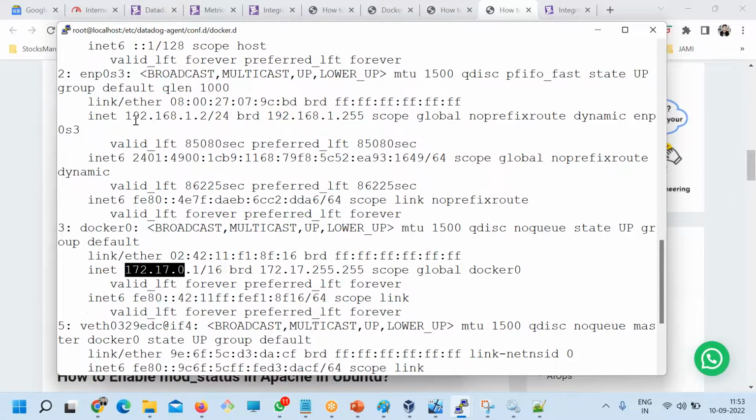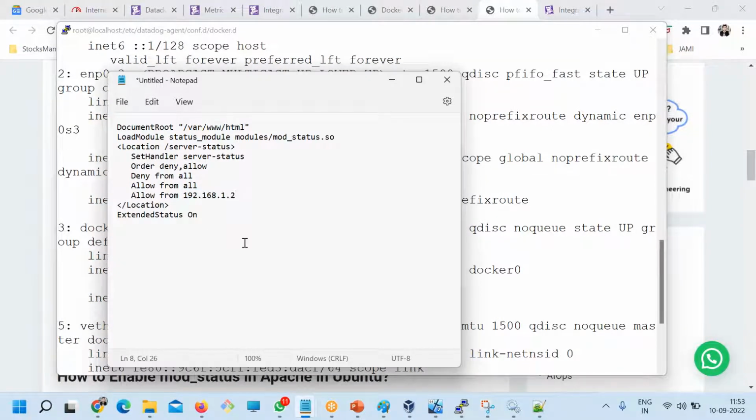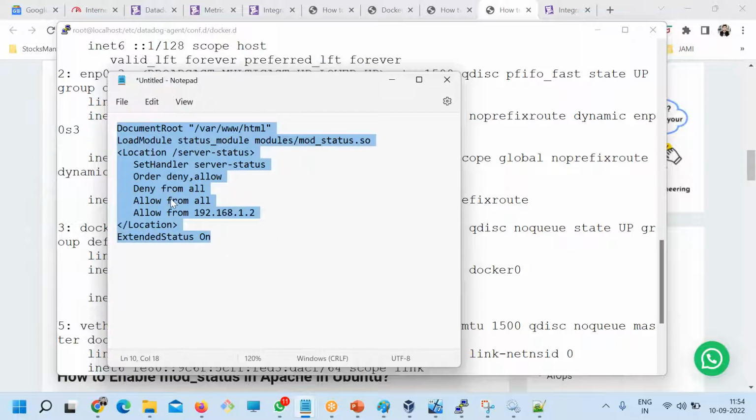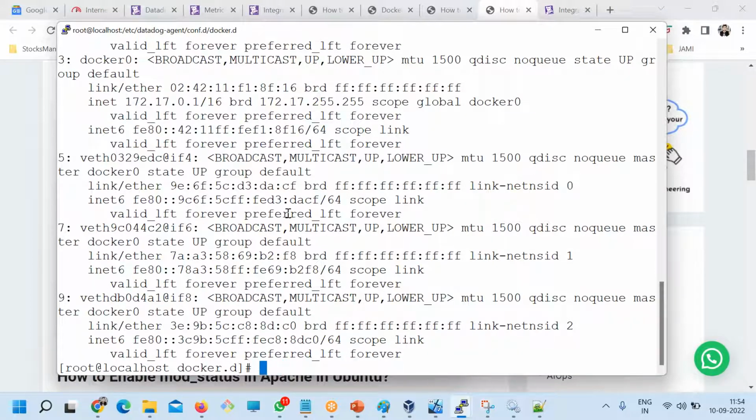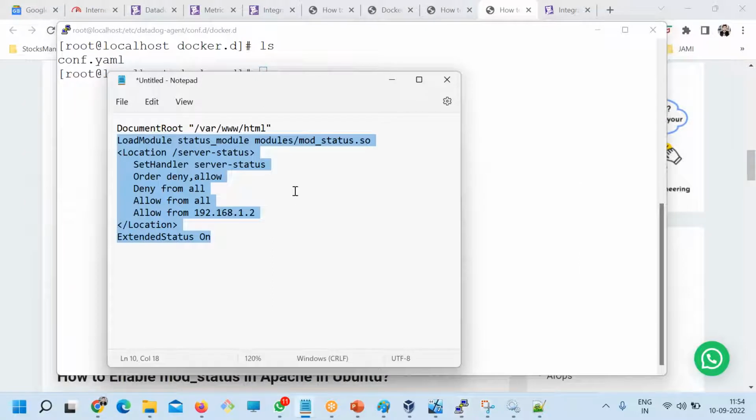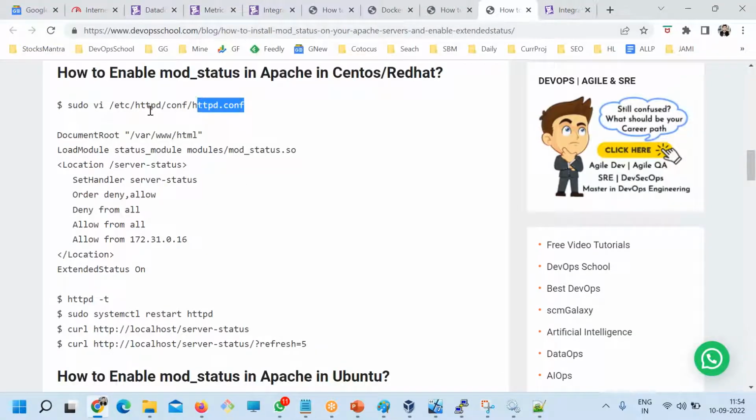I'm looking for it. This is the one. This is the thing. I'm modifying this file.